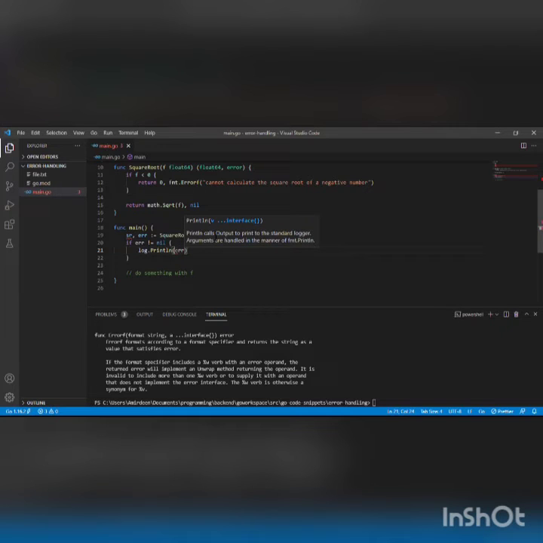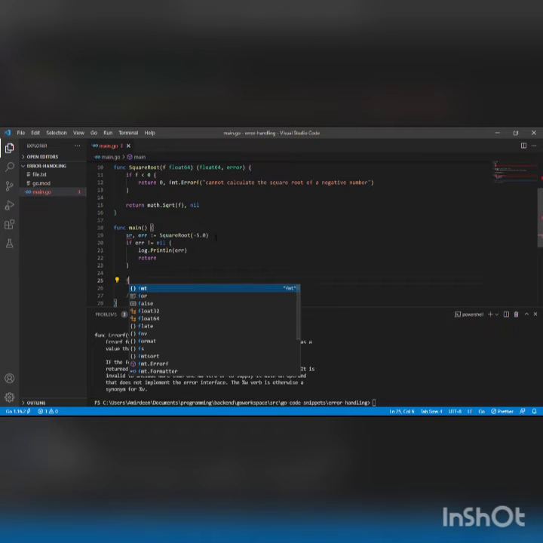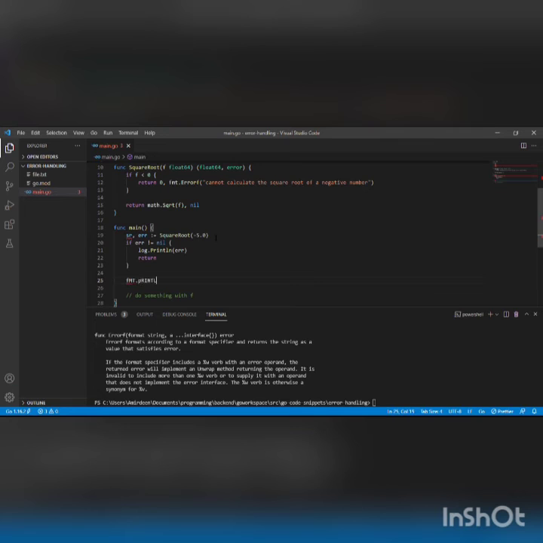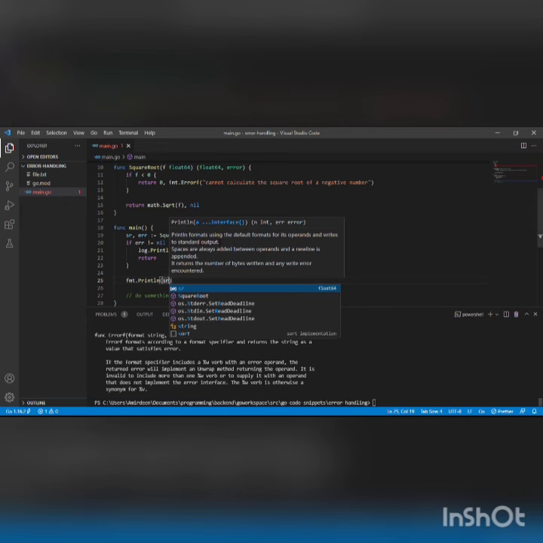And return. Otherwise, I'll print out. Okay. What is wrong with me? The square root of the number. So